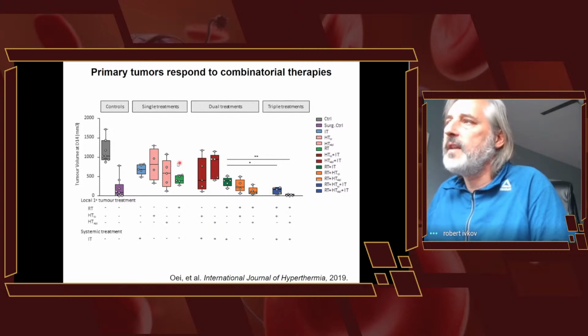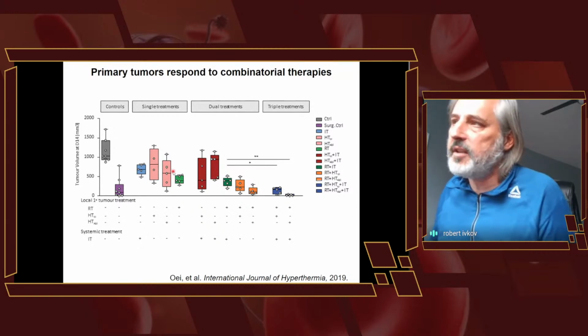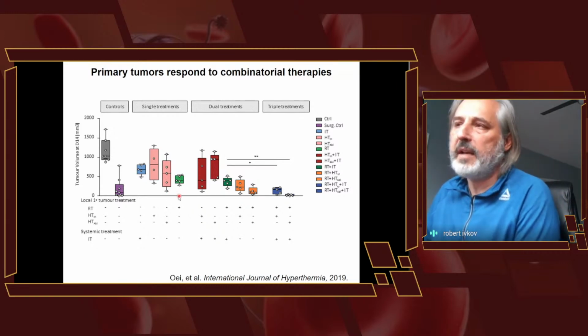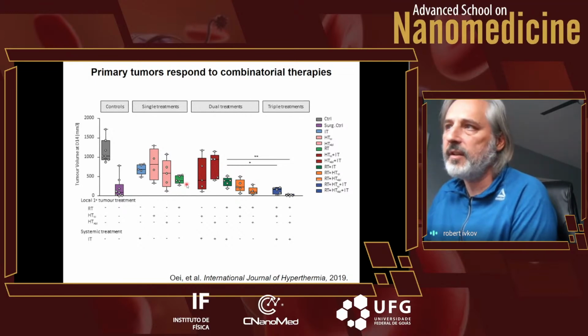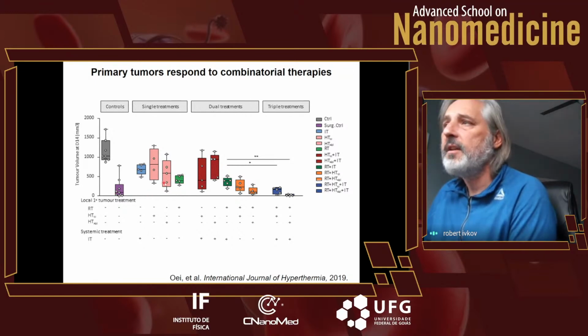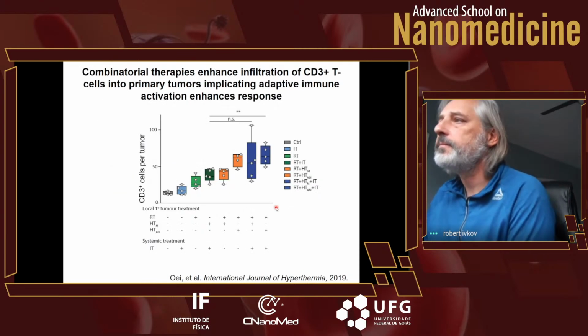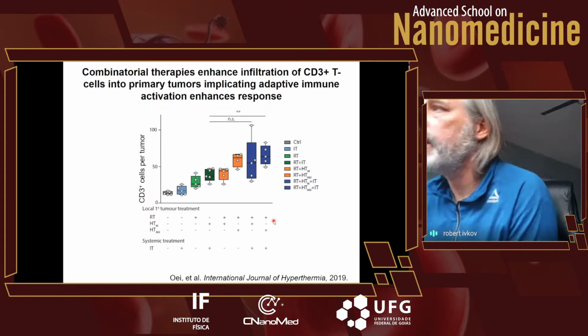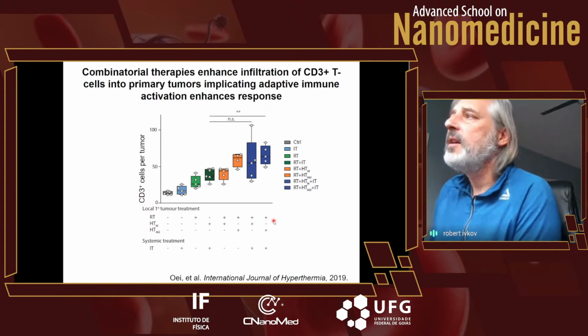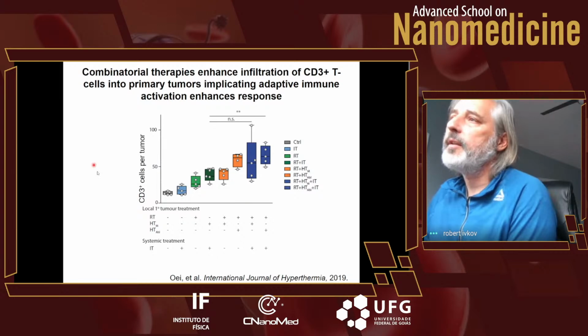much better control than any of the single agents, particularly when radiation is combined. And if we were to make an argument for any single agent, the winner would have to be radiation. Radiation still is our best single agent. But notice that surgical resection is giving us a result that is about equal to all of these treatments. What we did with these mice as well was we did